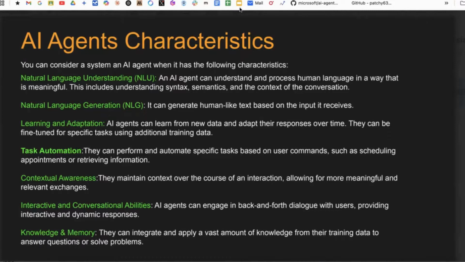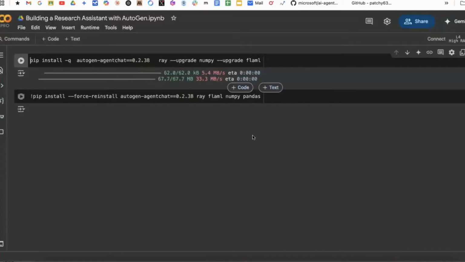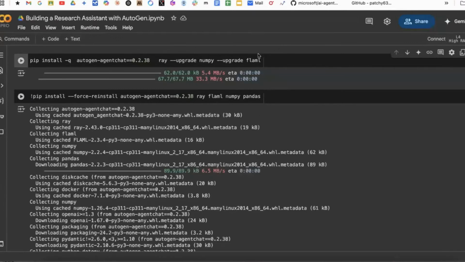So here we are going to look into a research agent which is going to do a query. The problem statement, why we are building the agent, is that we have an idea. The idea is that you want to build an application here